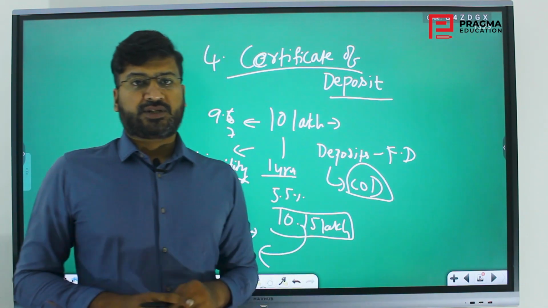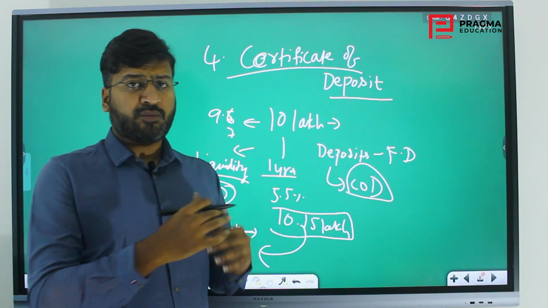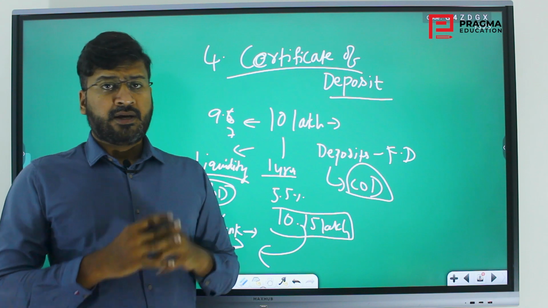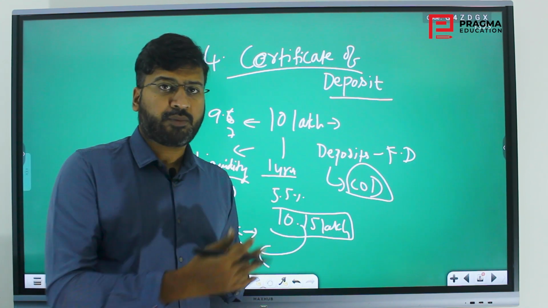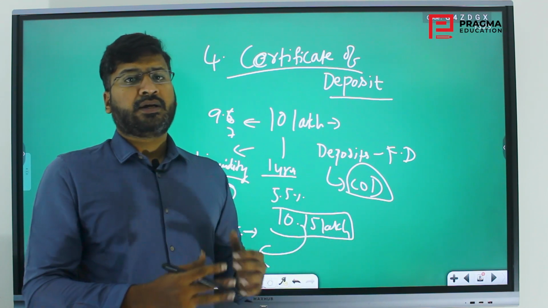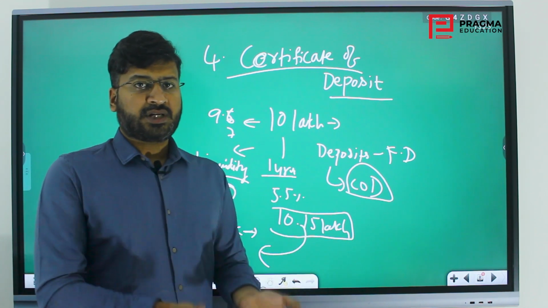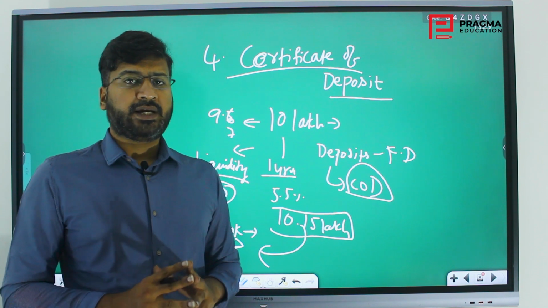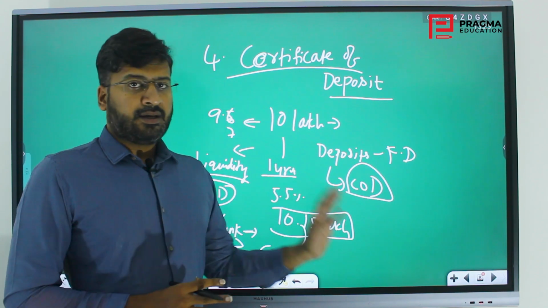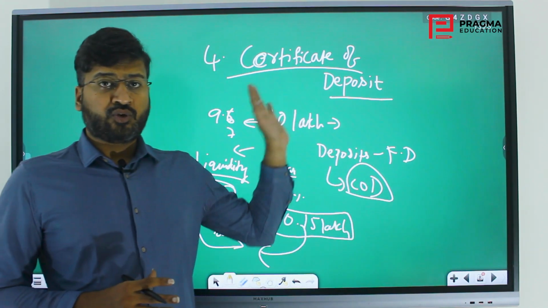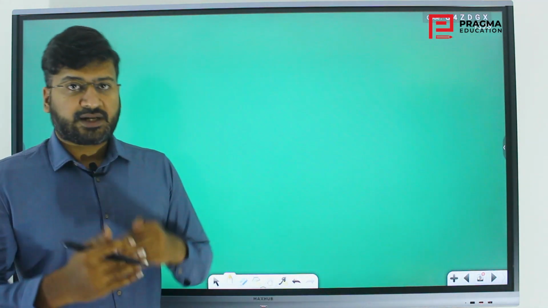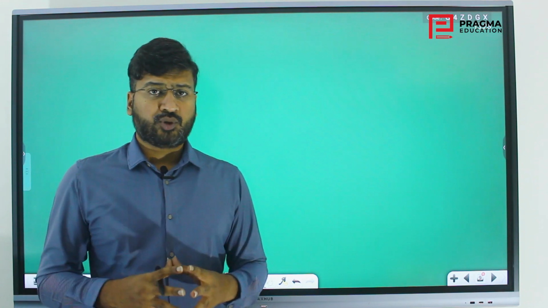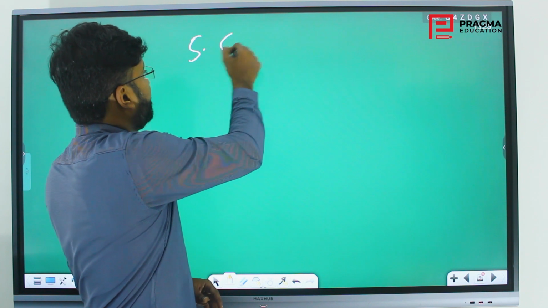These are all instruments through which people lend and borrow money in the financial markets. Financial transactions means what? Buying and selling. So if you do the same for money, it is borrowing and lending, that is giving loans and paying interest or EMI. These are the financial market instruments through which you can do all these financial transactions of short term, that is up to 1 year. Next is